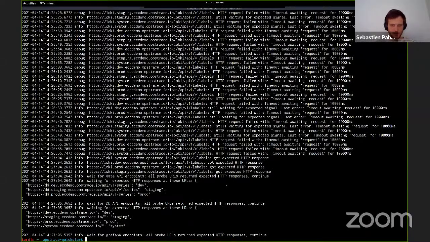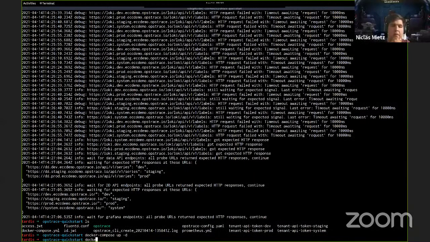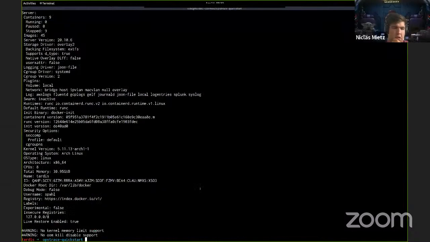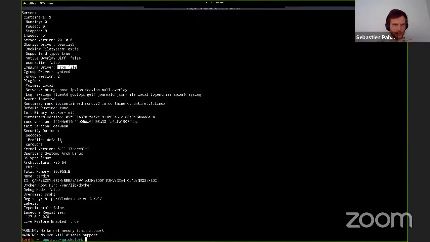Apologies, this is not normal. This has to do with my local Docker. Can you check Docker info? Probably because it seems that you configure the logging driver to use Opstrace or another tool. Logging driver JSON file is the normal one.